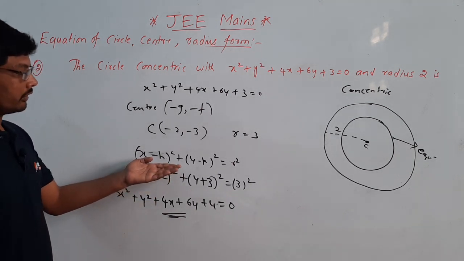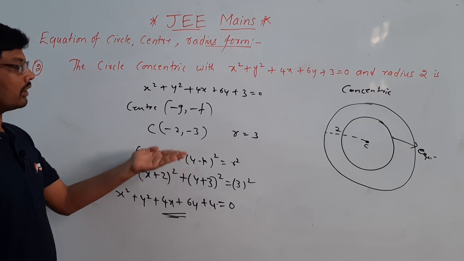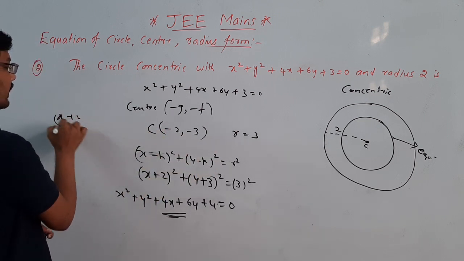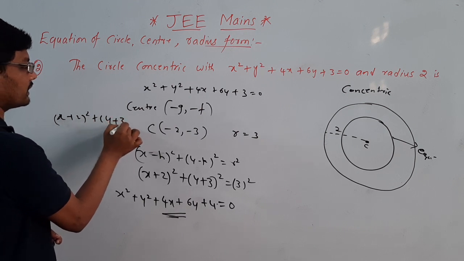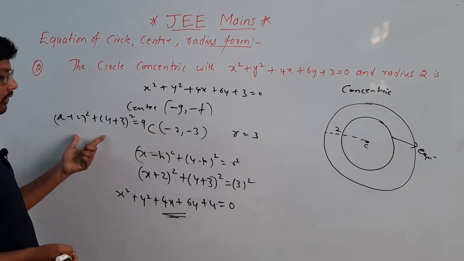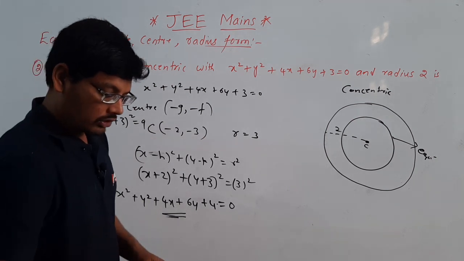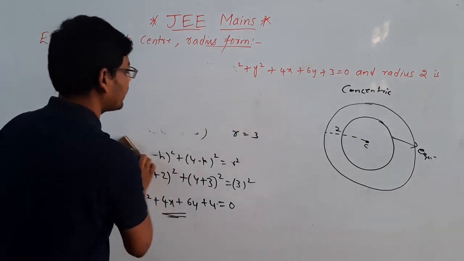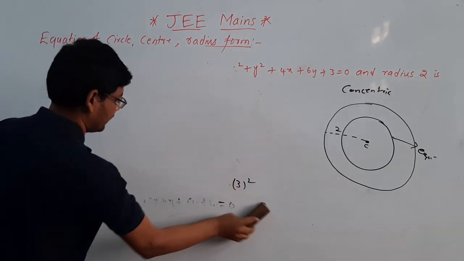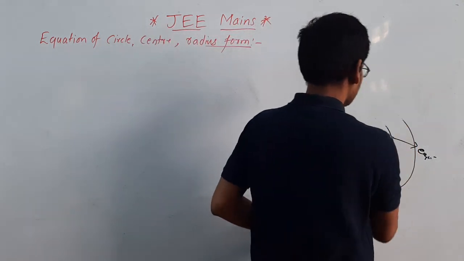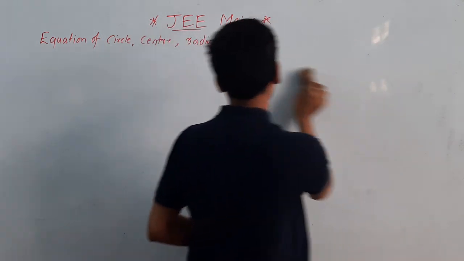So here we can eliminate this step also and this step also. Directly you can substitute x plus 2, y plus 3 is equal to 9. You can write like this. Directly if you solve this one, you can solve in a quicker way. This is all about the second question. Concentrate on time only. Here you need to concentrate on time, not on solving the problem.